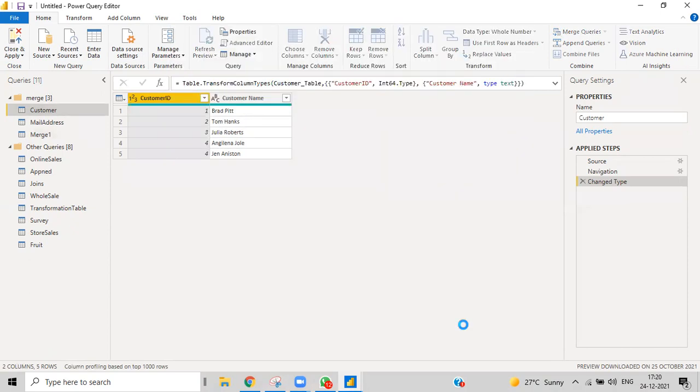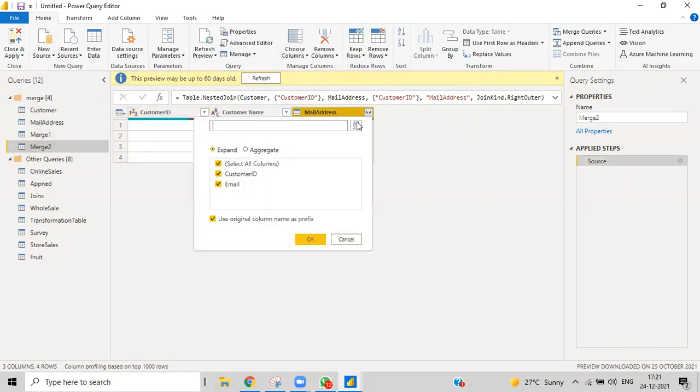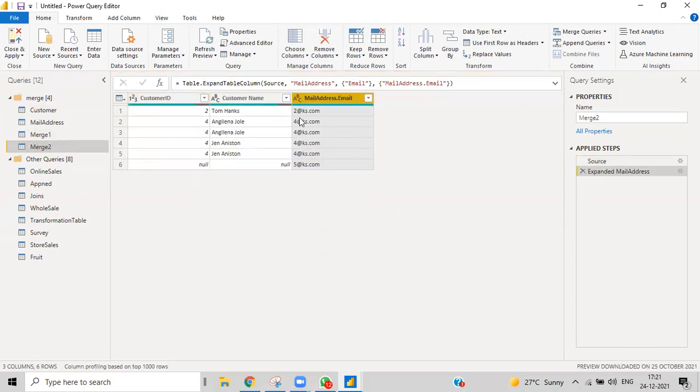Click OK. You can see here, and again come over here, I don't have this one, email. You can see this: all the rows from the right side, but only matching rows from the left side. This is exactly what we needed.